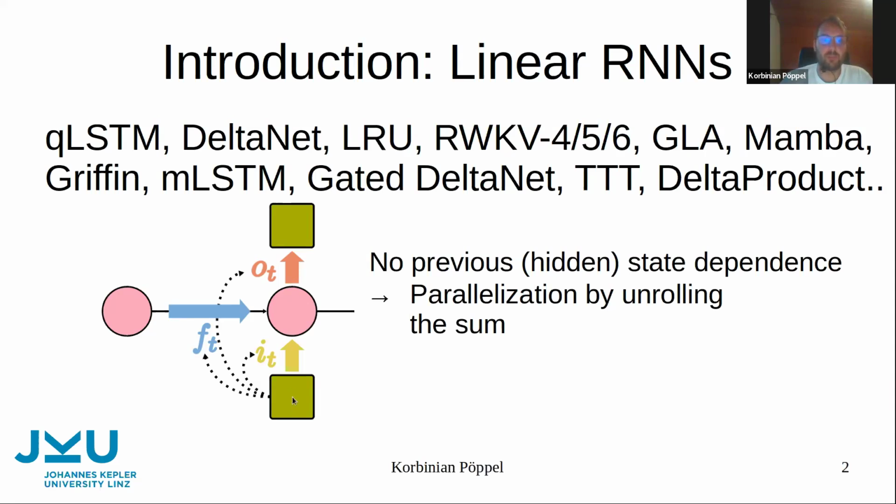We have an input for the current sequence point that is scaled with an input gate. We have the previous state from a previous node that is scaled with the forget gate. And we have an output gate that scales or translates this cell state to a hidden state or an output